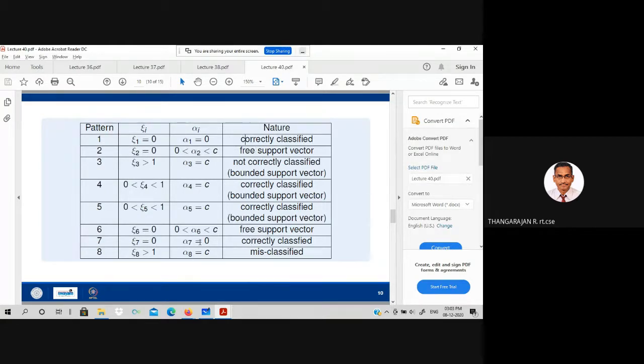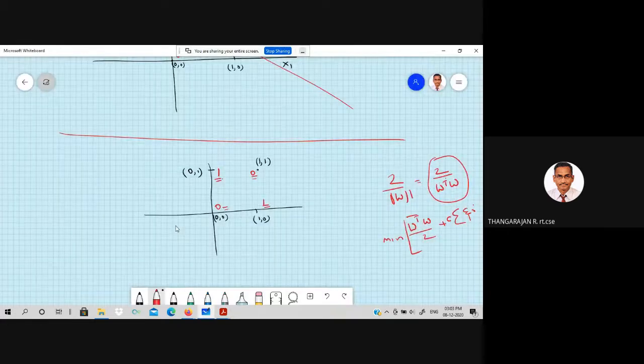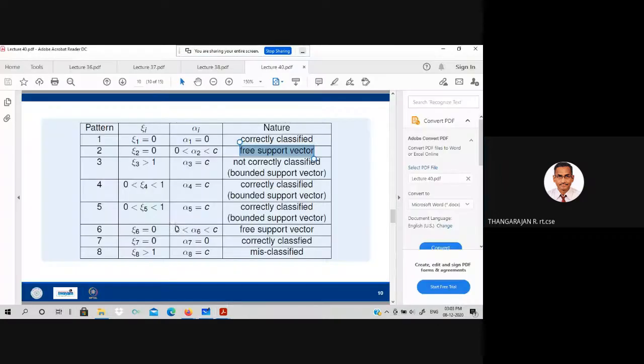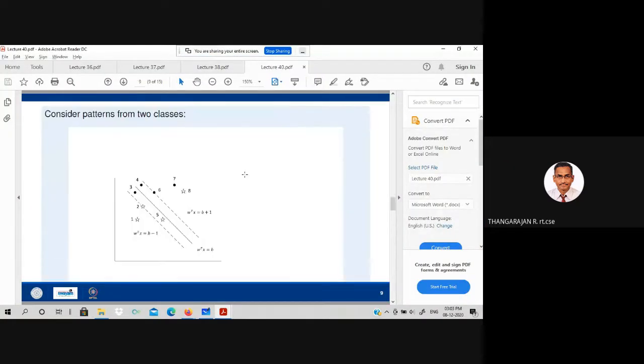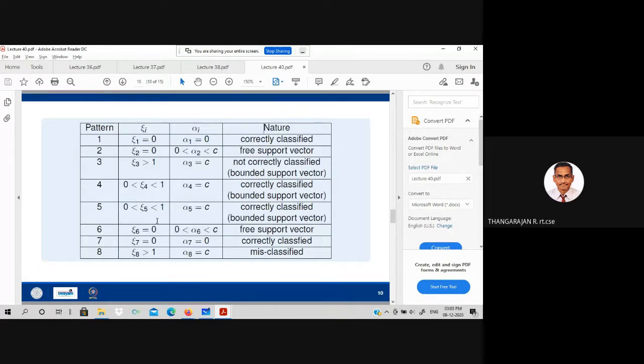If the alpha value is between 0 and C and the error is 0, still it is a free support vector. That is point number 2 and point number 6, they are support vectors. So this is what we do. Point number 2 and point number 6 fall on the support vector. So this is how, in short, you can construct a